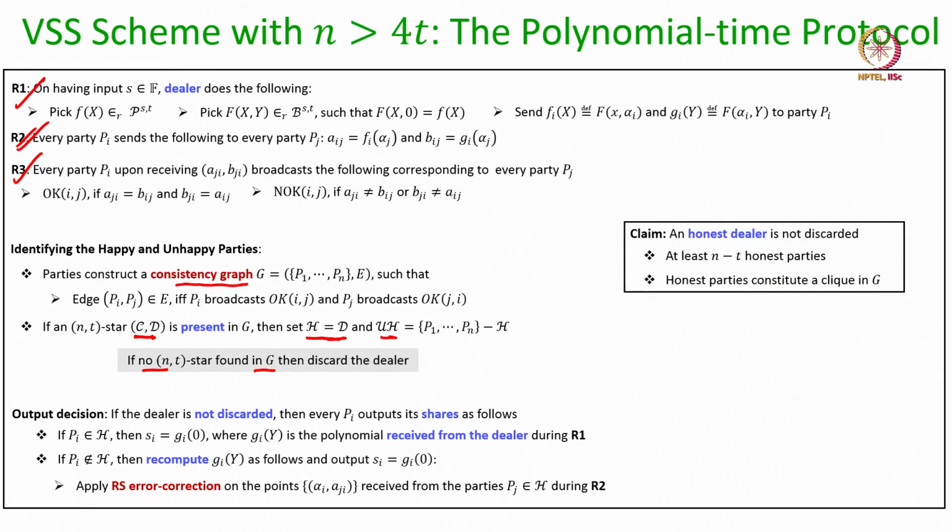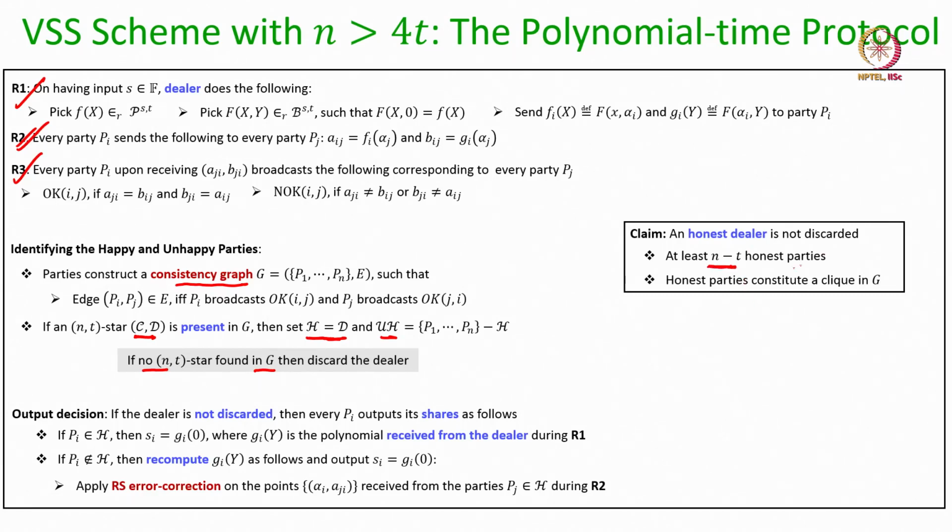Now, let us see the properties of this modified protocol. The first claim is that if the dealer is honest, it will never get discarded, and the proof is very simple. If the dealer is honest, then there will be at least n minus t honest parties in the system, and since the dealer is honest, it will distribute pairwise consistent polynomials to all the honest parties. In fact, it is distributing pairwise consistent polynomials to all the parties, and these honest parties, when they perform the